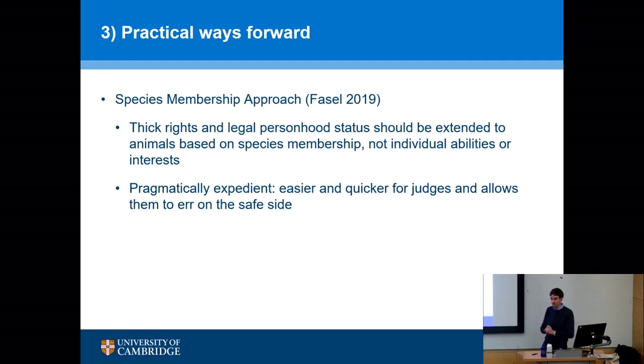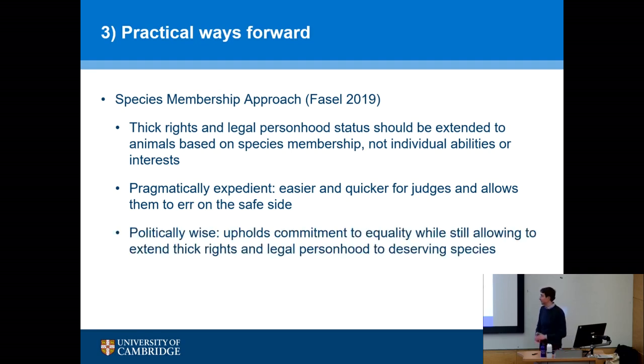It will be sufficient for them to know this is a chimpanzee, so prima facie they may have access to these and these rights. It allows them to err on the safe side if they don't quite know, is this a chimpanzee that has an interest in autonomy or not? Generally, most chimpanzees do, so they don't have to go into the individual capacities, thereby avoiding the potential problem that we saw in the human rights context, leading down the path of taking away some rights of humans that we don't want to go down.